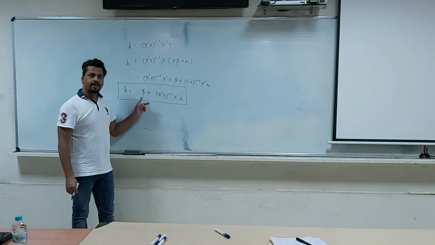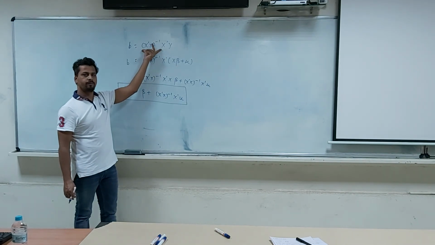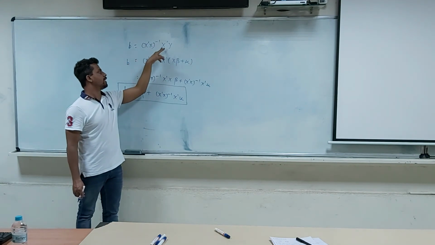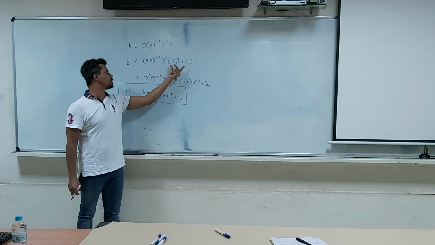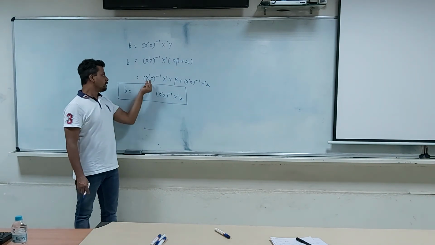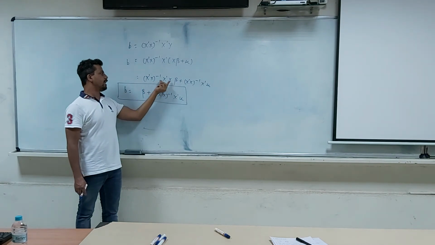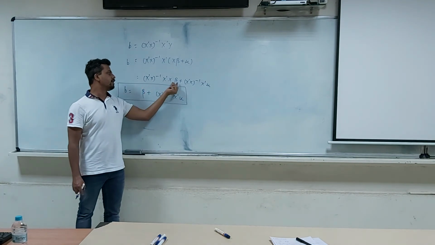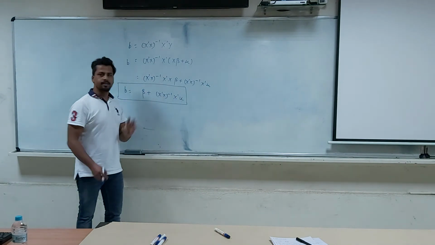I'm sure you understand this point. This is the normal equation for your least square estimator, right? So b is written as x transpose x inverse x transpose y. Y is replaced by the population regression function x beta plus mu. And once you do this multiplication, you'll get this term. If I assume this to be matrix A, then A inverse times A is nothing but the identity matrix. An identity matrix multiplied by a vector will remain unchanged. So I write beta and this term as it is, right?